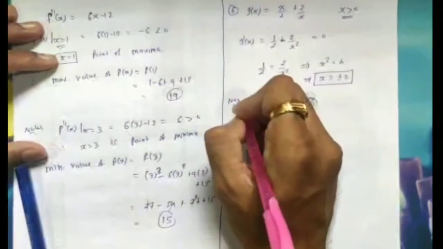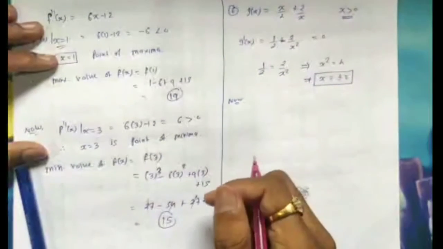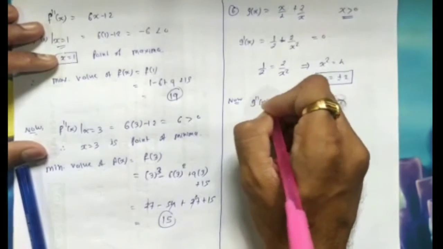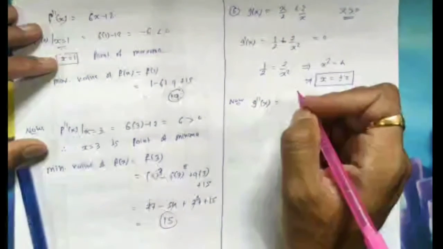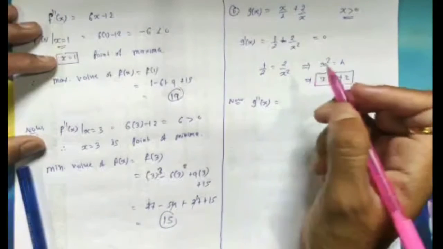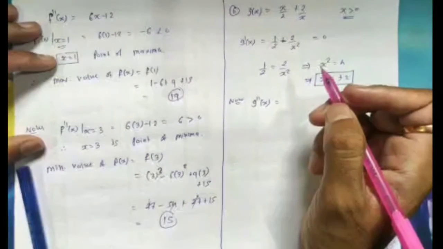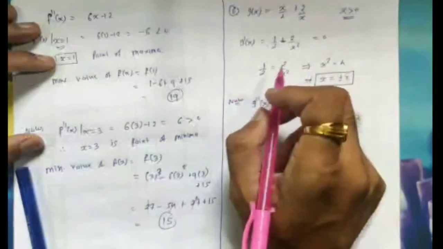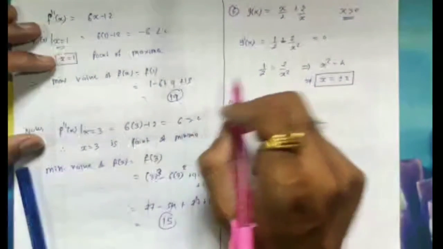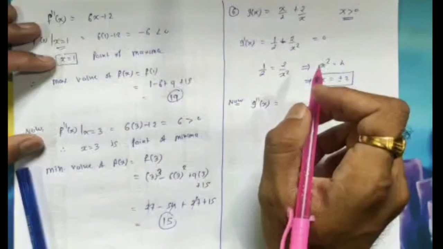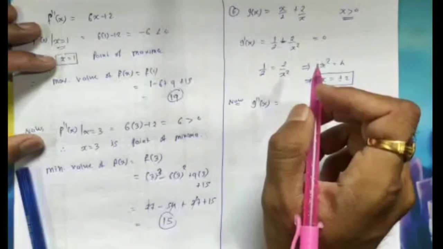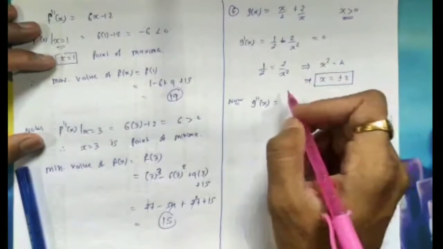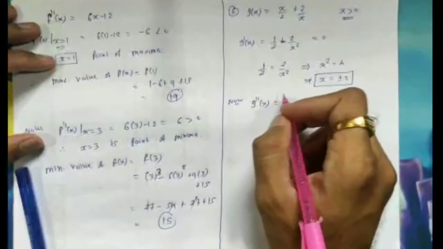So now the second order derivative, g double dash x. Here we are finding the second order derivative because it's very easy for us to find. There are some cases in which it is very difficult to find the second order derivative, so we skip the second order derivative test and use the first derivative test, whichever is convenient to us, because it is not mentioned whether we have to use the first order or second order derivative. So we have two options. Here we can find the second order derivative very easily, so let's use the second order derivative only.